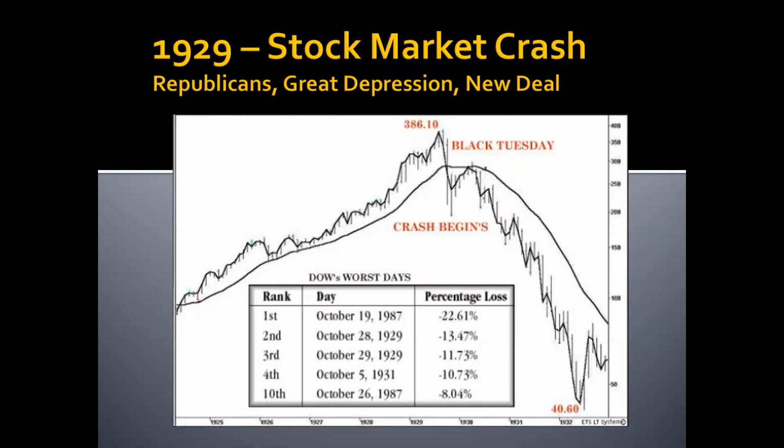And so while this creates a temporary increase in the stock market and things seem to look really well, because of that lack of regulation, eventually things will go badly. And things definitely went badly in October of 1929 on what we call Black Tuesday, which is the Great Stock Market Crash. The stock market crash is what begins the Great Depression. The Great Depression is the worst financial situation in American history as of now, with the way things are right now.